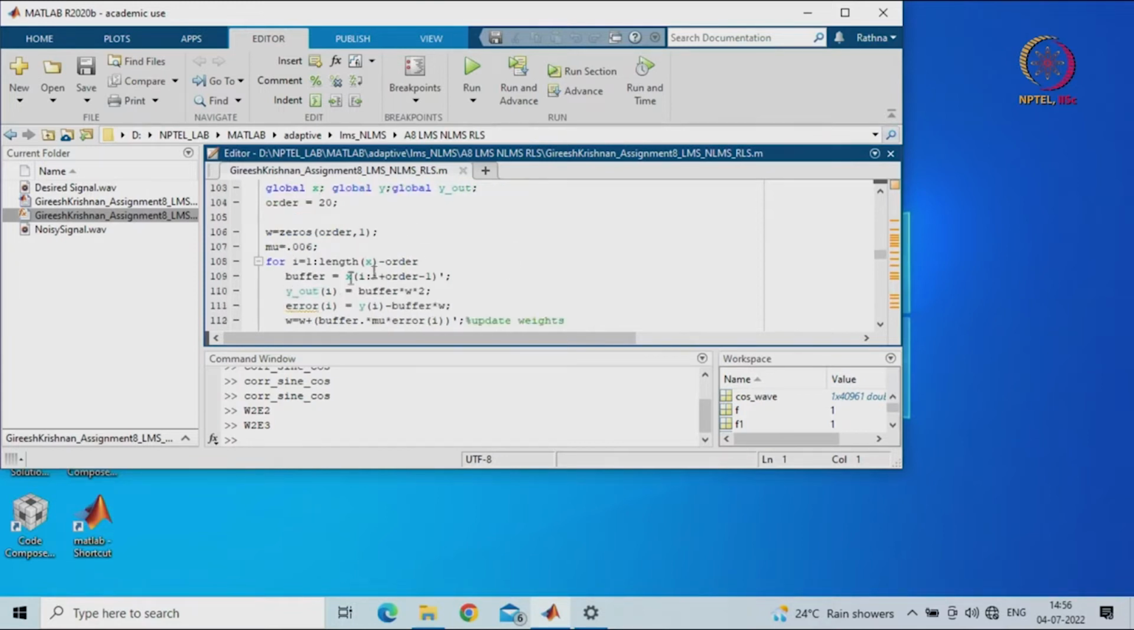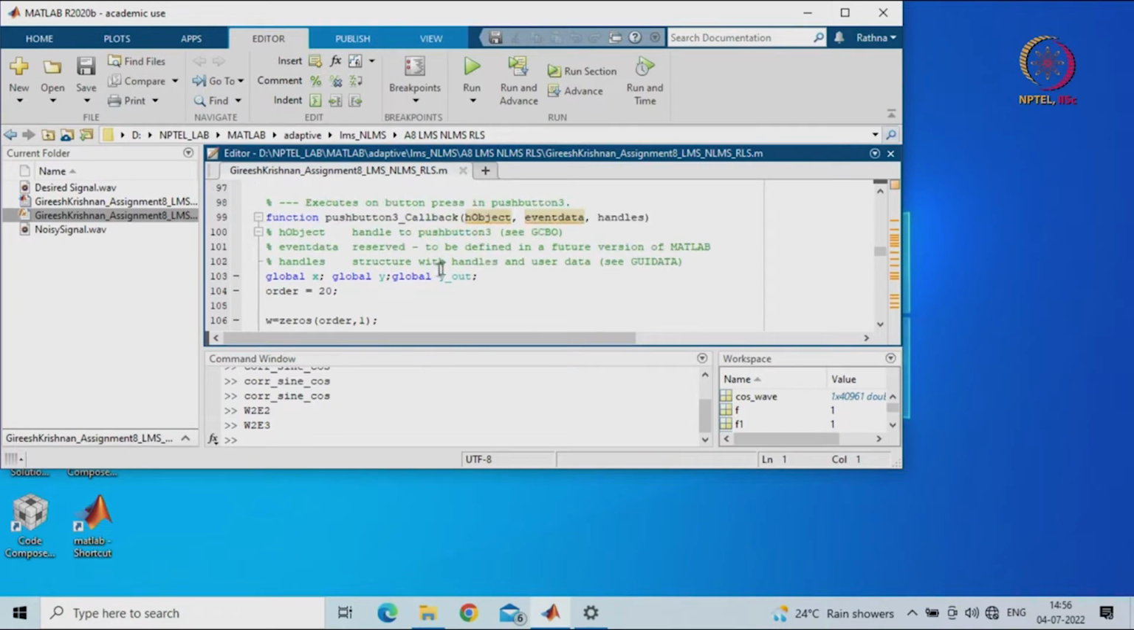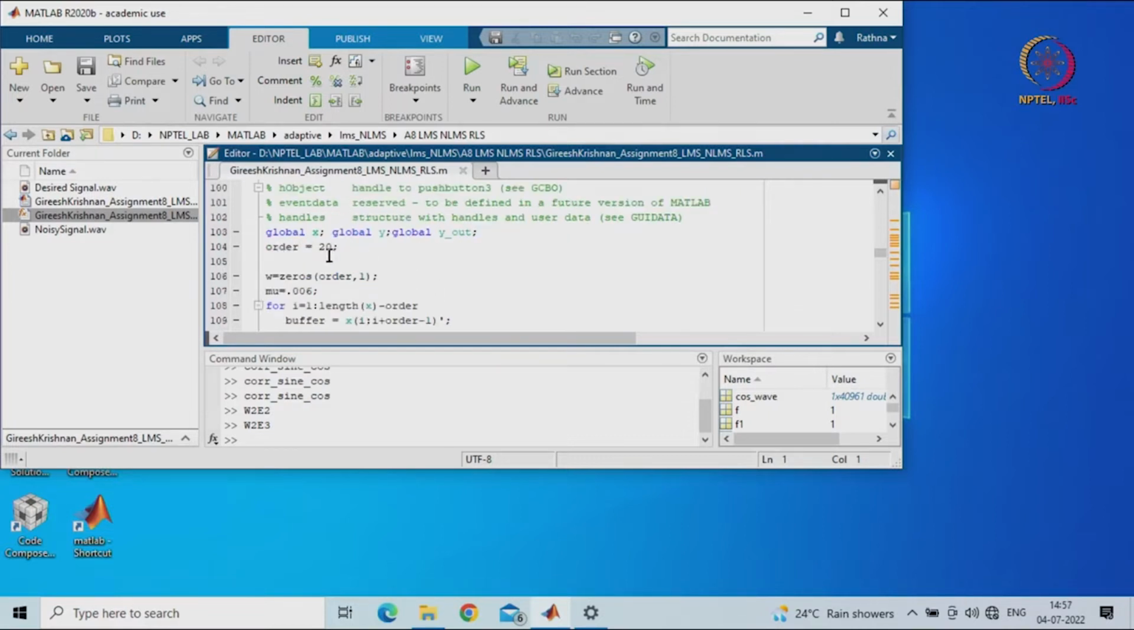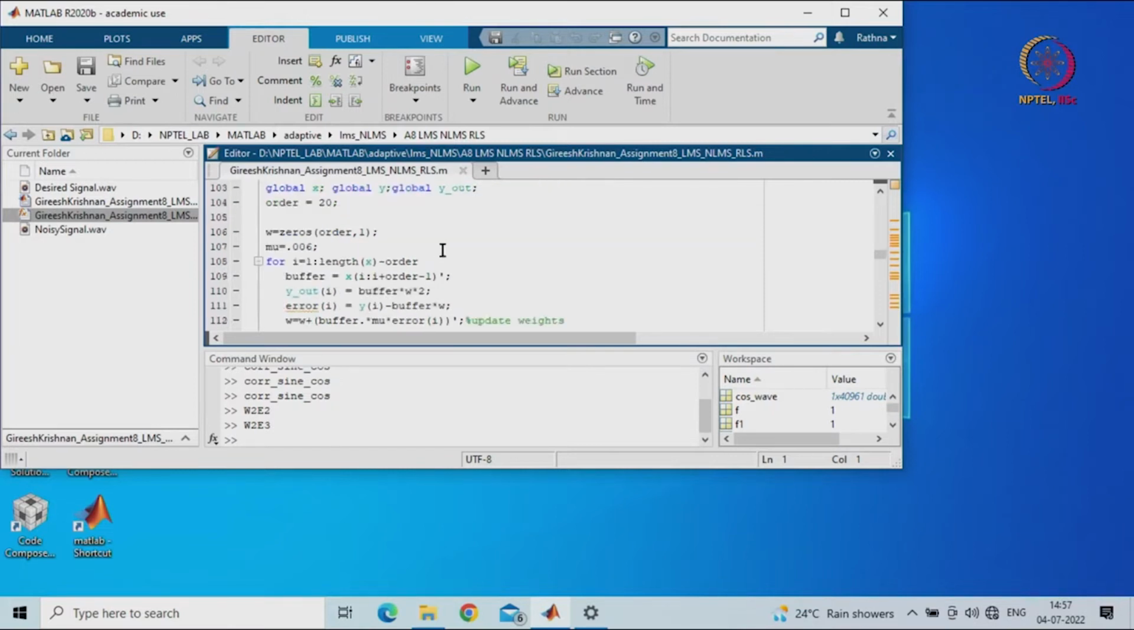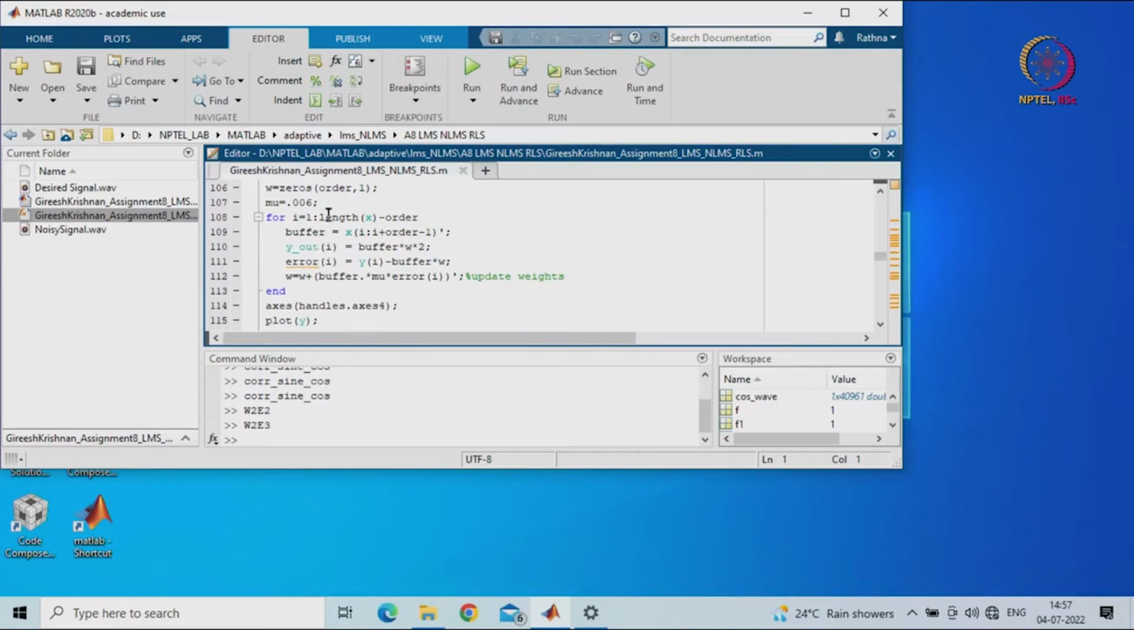Okay. So, you will be seeing how the LMS algorithm is created. The order is defined as 20. If you want to change the order, you can do that, and then the weight functions are initially set to 0 and mu is set to 0.006. We have seen how varying the mu affects it. Up to the length of x minus order, you will be putting it into the buffer. So, our y of i is going to be,